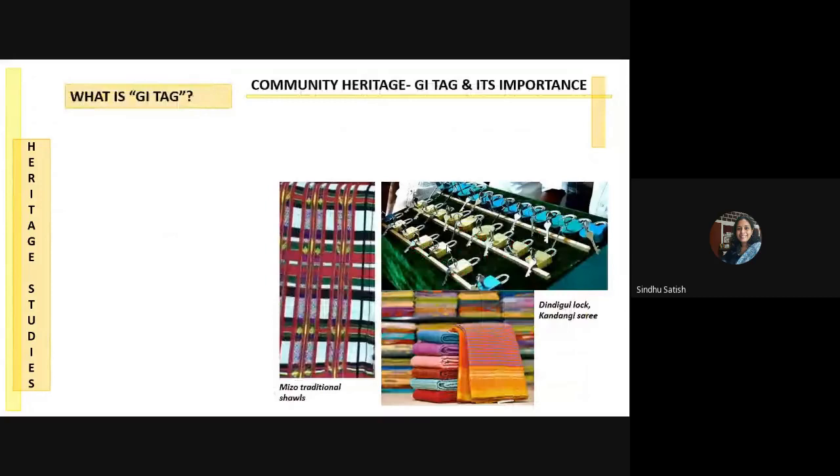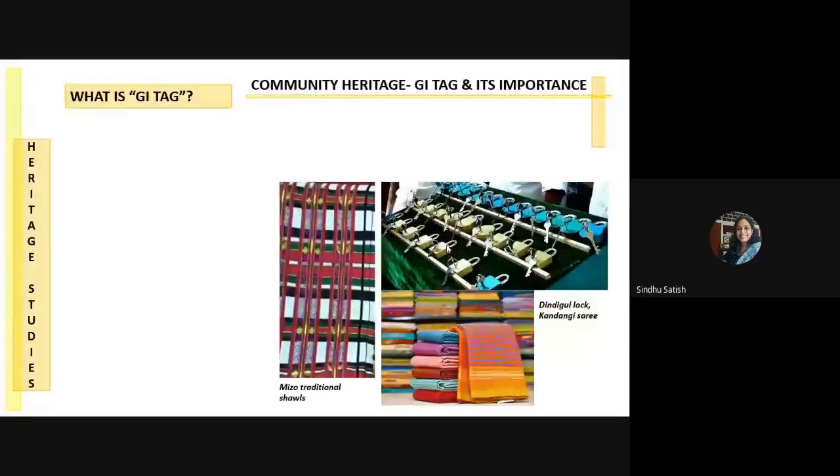So when I say community heritage, we now come to something very important that has happened in recent times in our country. According to the WTO agreement on the trade related aspects of intellectual property, which is called TRIPS, geographical indications are the indicators which identify a good or goods as originating in the territory of a member. It could be a single territory, or a village, or a specific location,